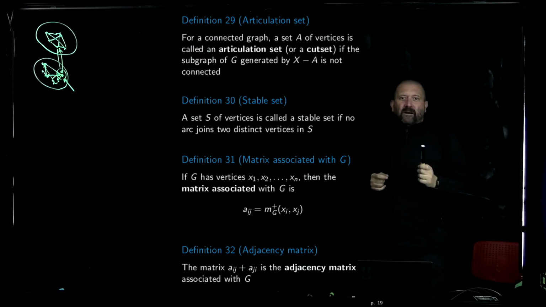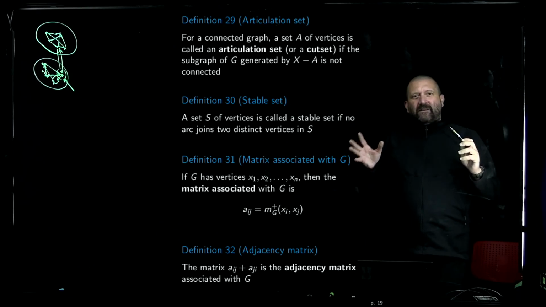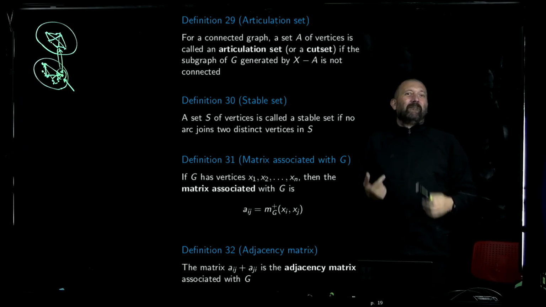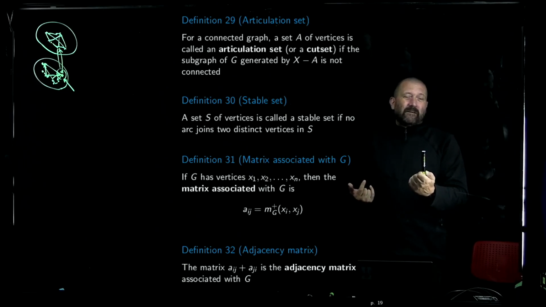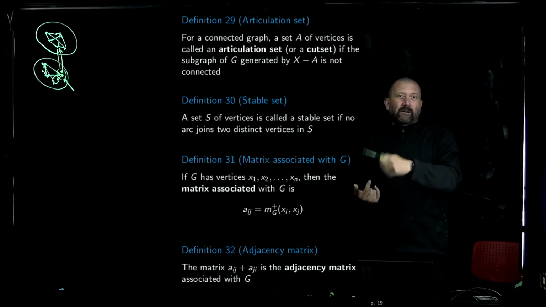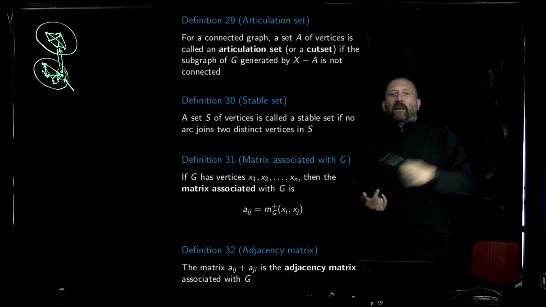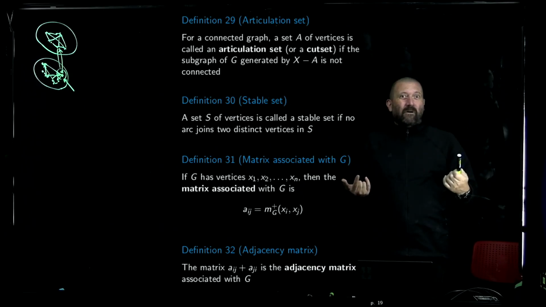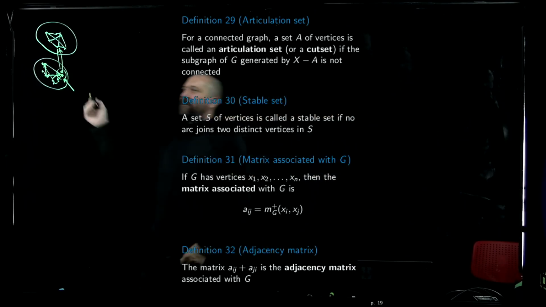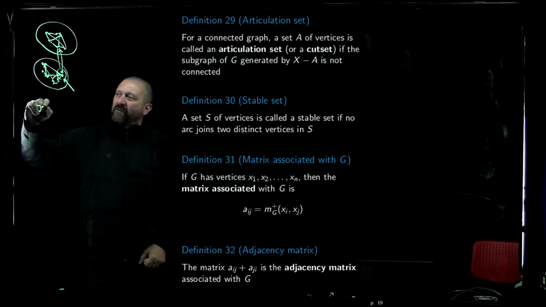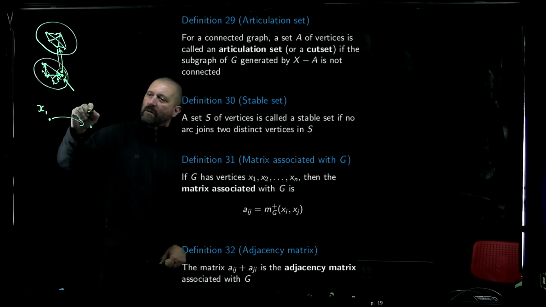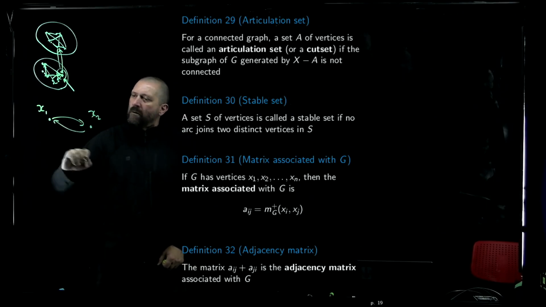And if I look at the matrix that I get, so typically, if we have a one graph, then we would have one if we have an arc between xi and xj, okay? And a zero otherwise. So if I have, let's call this vertex x1, x2, and then x3 here,